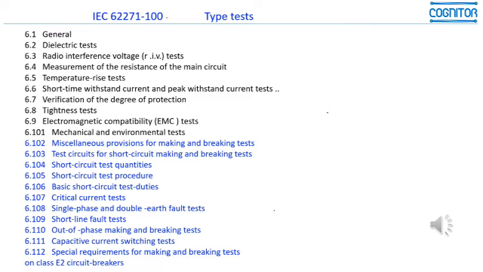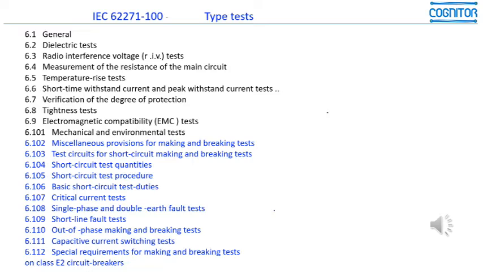So, for example, if you have a short line fault, one test simulating the condition of a circuit breaker operating on a short circuit which happens very near to the output of the substation, we have some conditions of transient recovery voltage which are quite different from another circuit breaker that is breaking a terminal fault test.